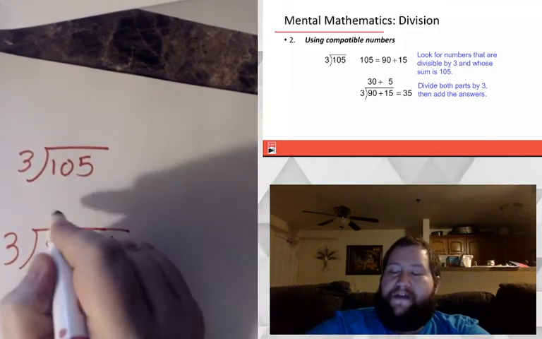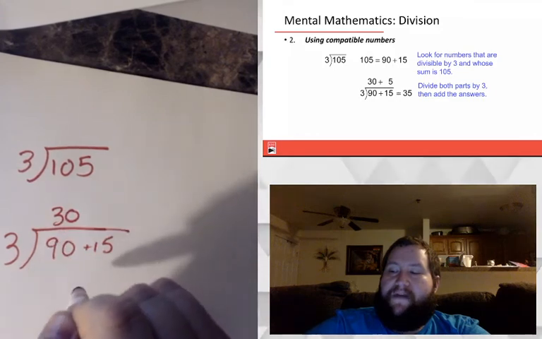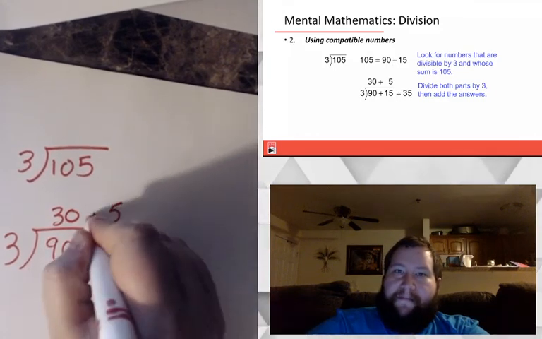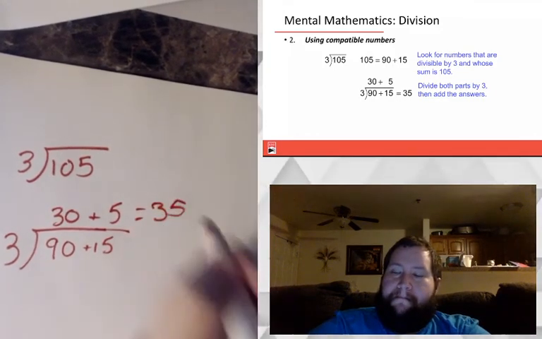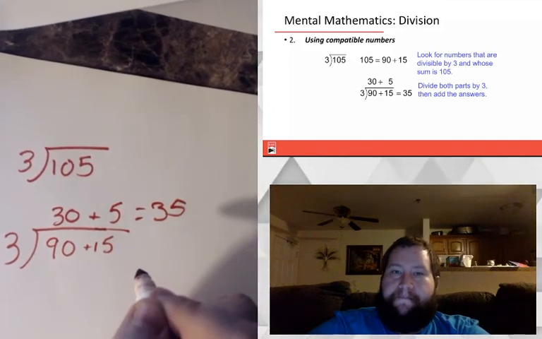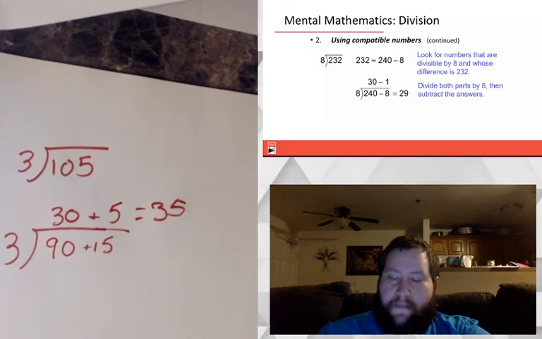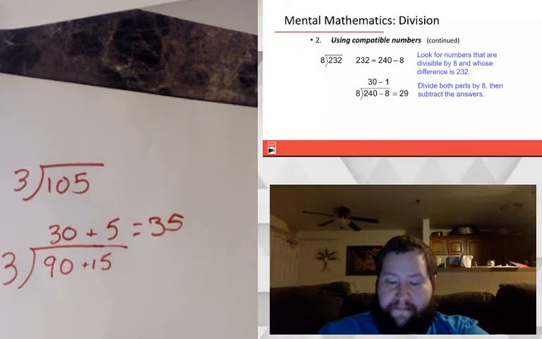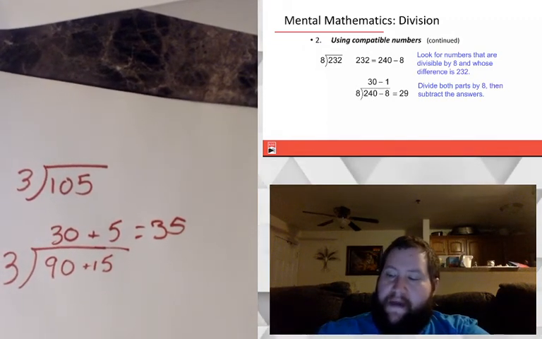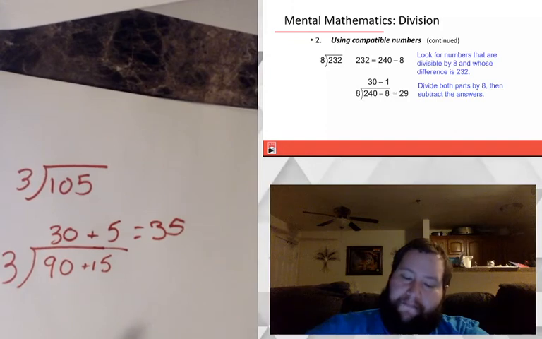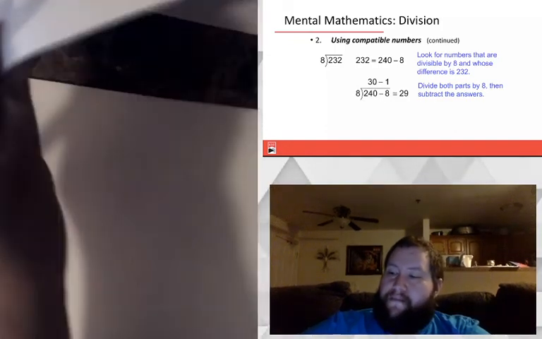So we have 3 30s and 3 5s, get 35. And you could also use it where you're subtracting. And so this was addition. But maybe you have 8 divided into